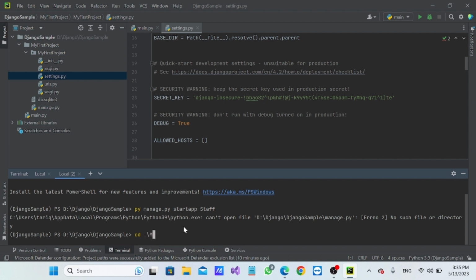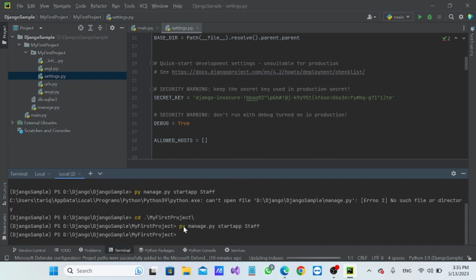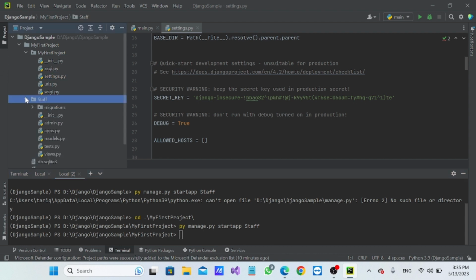So it should be first in the folder. Oh, it went twice. Click and then let's create again. Stop. Okay, now it's created. If you see it here, it's created here. Okay,